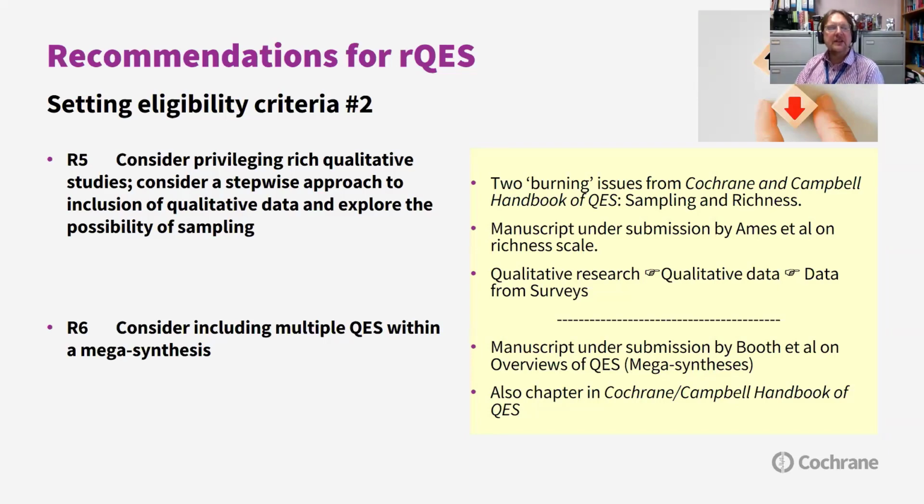And the other thing for us to think about, as with most rapid reviews, is that a starting point is existing reviews. And what we've been doing is working on the role of overviews of QES. There are a couple of methods that have already been tried of this. We've tried both those methods ourselves in reviews for WHO. And again, this will be further covered in the forthcoming Cochrane Campbell Handbook.